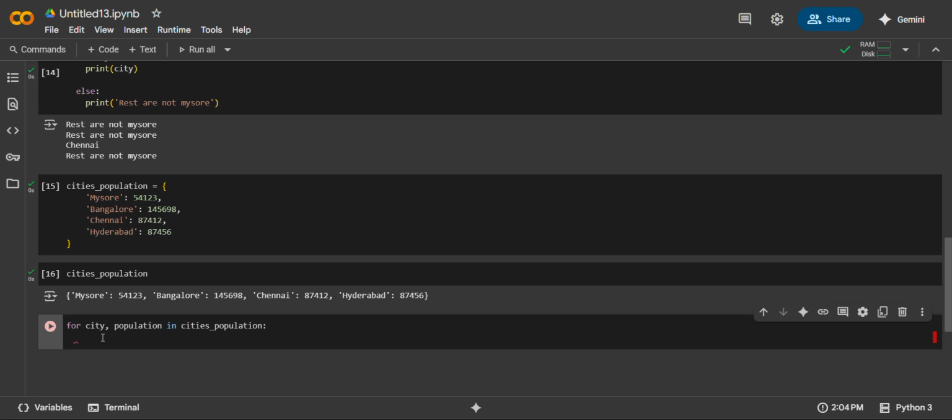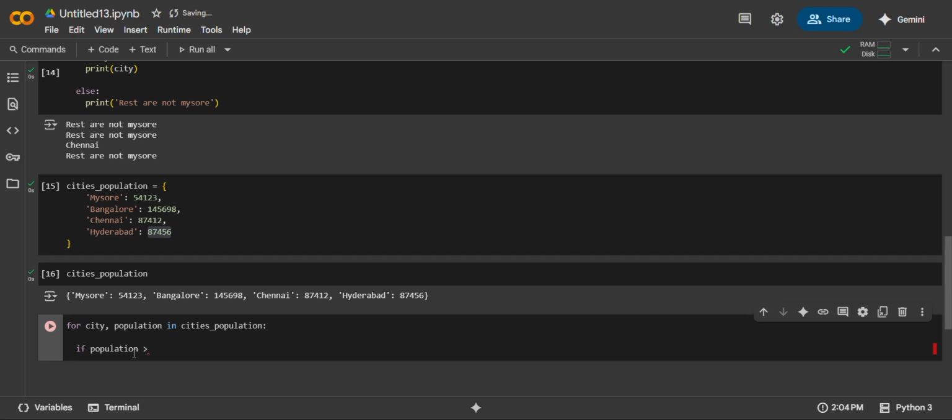So I'm using the if statement. Remember, the populations are 54,000, 1 lakh 45,000, 87,000 something, and 87,000 something. So I'm creating an if statement. If the population, that is my y variable, the second one, the value pair, is greater than, you can use the mathematical operand, 1 lakh,